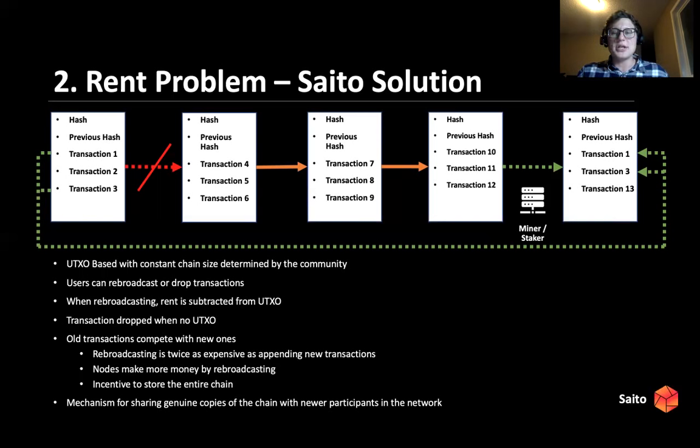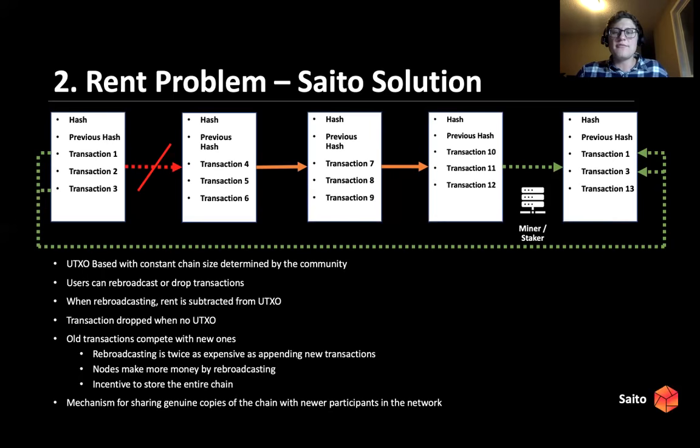And users can actually specify on their transactions whether they want to have their transactions automatically rebroadcasted. And if a transaction is automatically rebroadcasted, then the transaction and the data that composes the transaction will be sort of automatically brought over to the front of the chain again, and it'll go through another cycle. Now, if the user decides not to flag a transaction as being automatically rebroadcasted, then that transaction will just fall off the chain.